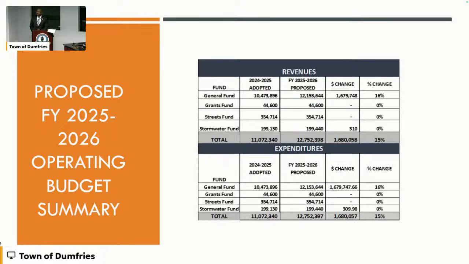Now I move to the proposed fiscal year 2025-2026 budget. The fiscal year 2025-2026 all funds budget is $12,752,397, an increase of $1.7 million or 15% over the fiscal year 2024-2025 adopted budget of $11,072,340. The general fund, which is the town's largest fund, is $12,153,644, or a $1.7 million increase over the fiscal year 2025 adopted general fund budget of